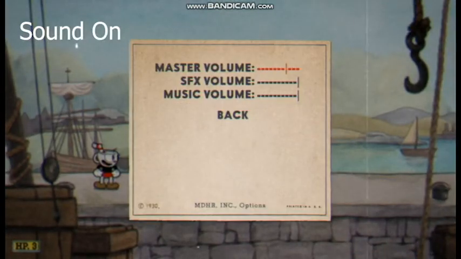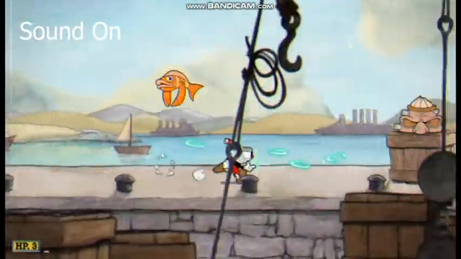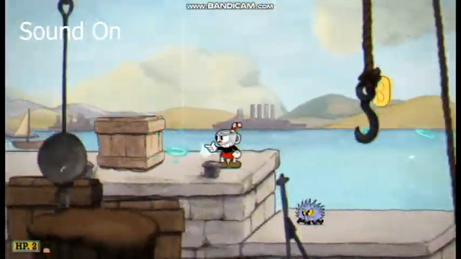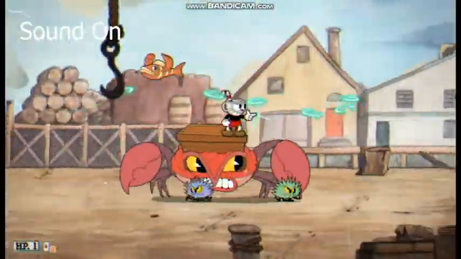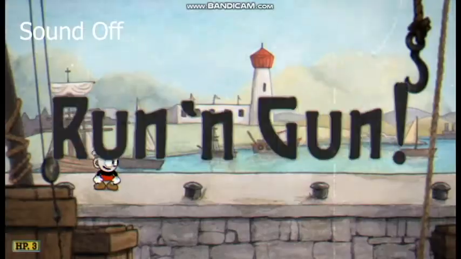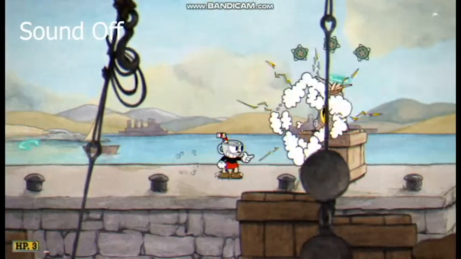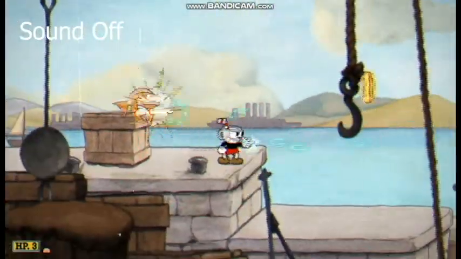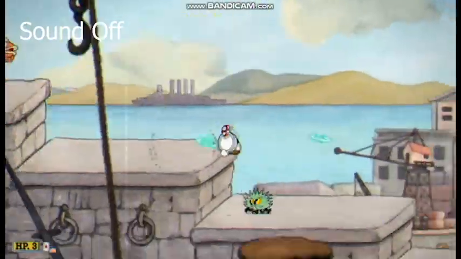The level I decided to play in order to run my little test was Peerless Piers. It's a sea-based run and gun, a level I've never played before or even seen. So, as I mentioned earlier, I was turning the sounds on and off, and then I was comparing my performance with the sounds on compared to the sounds off. What I found was quite interesting. It was very hard to figure out whether I performed better with the sounds on or off, but I actually enjoyed the level more with the sounds off.